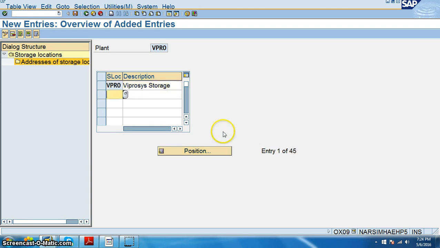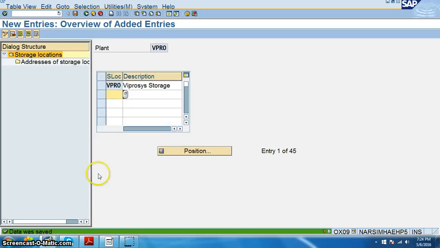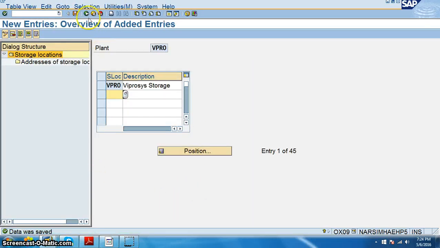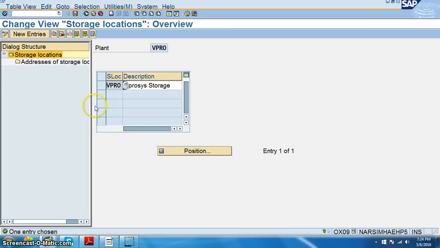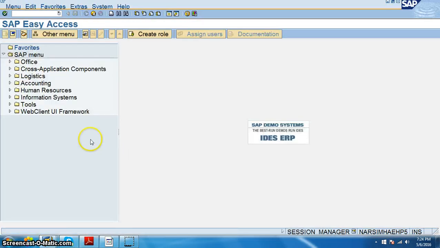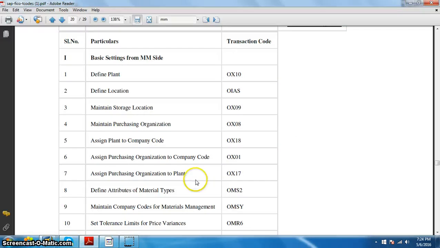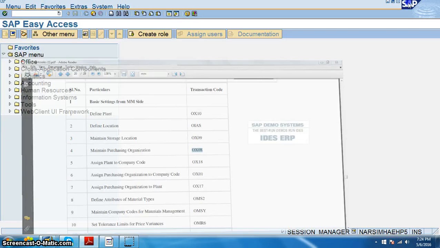This is storage, and we can create multiple storage locations actually. Just click on save. So we have created a storage location. We have created location, and we have created storage location in OX09. That's been done. Then we'll go ahead with OX08, maintaining purchase organization.